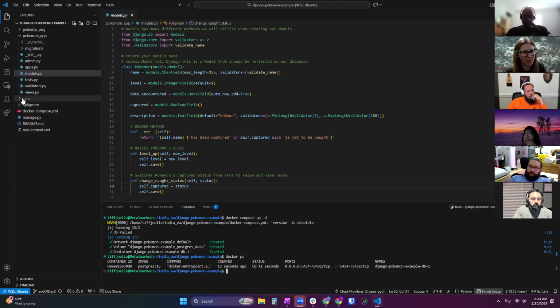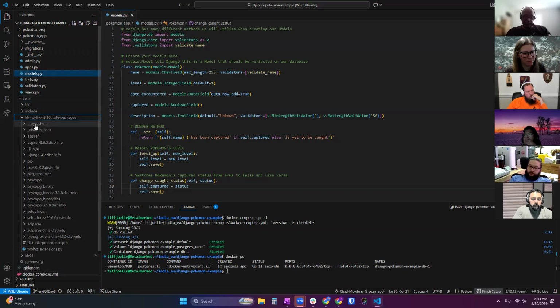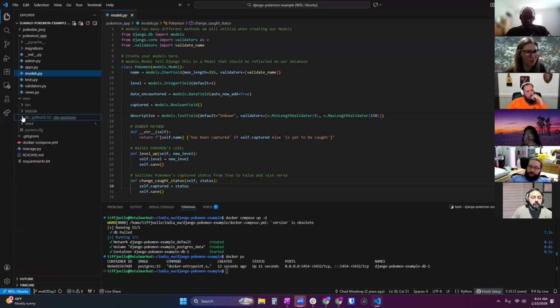likely have been working within that, and that is going to be where all of your pip installs have been going, your dependencies for Django. So if you try to run your Django project without being in your virtual environment, you're going to get a lot of, like, I don't know what Django is, because hopefully you don't have that installed to your overall machine. You have that just installed in this little virtual environment here for this project itself.